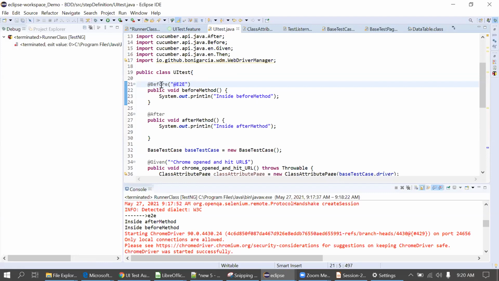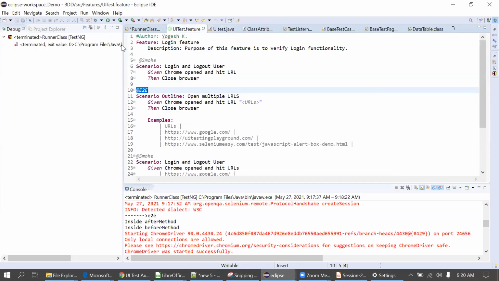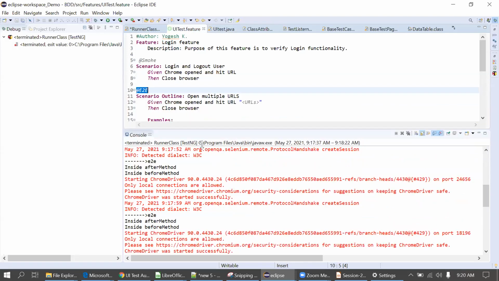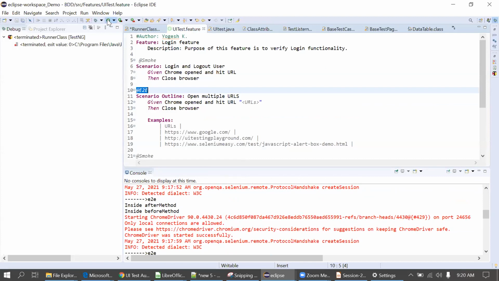So again, I'll copy this and paste it here. Now these hooks will be executed only for E2E, not for others. This is called tagged hooks. Now I'll execute this code. Actually, we are printing many things, so you may get confused here. Still, I'll execute this once and show you.